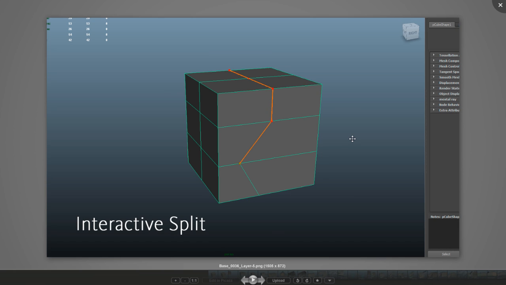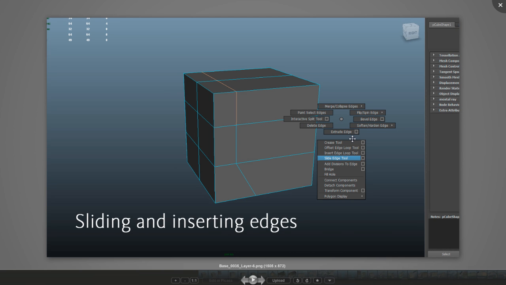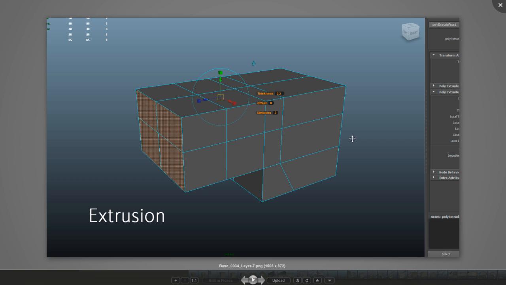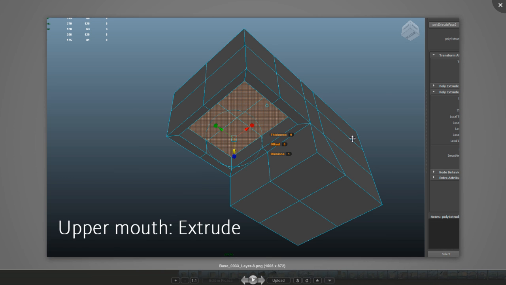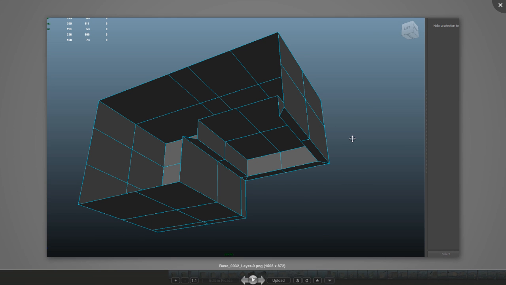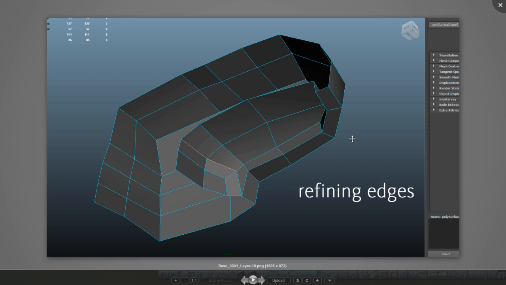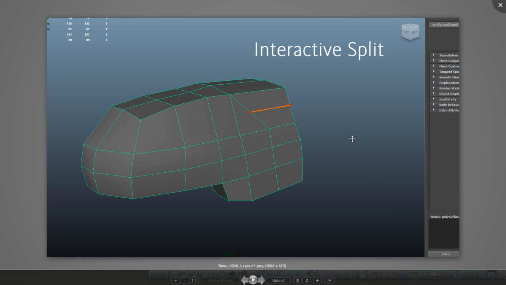We just want to start to box model in the base shape, and this is just using simple poly tools just to get into sliding, inserting edges, just to start to build up that overall shape of the base model using tools like extrusion, extruding up for the upper mouth. And then you can see I'm splitting the mesh in half, refining the edges here, starting to think of how